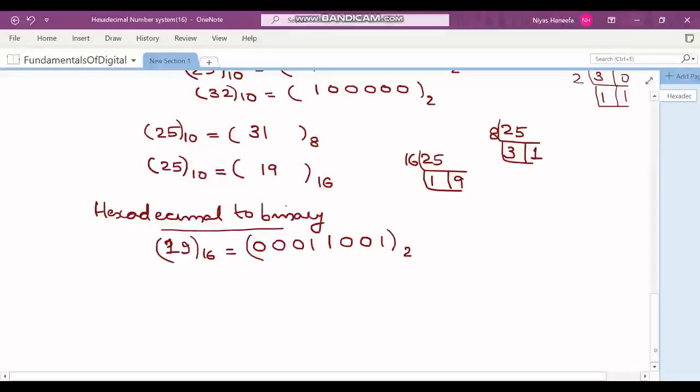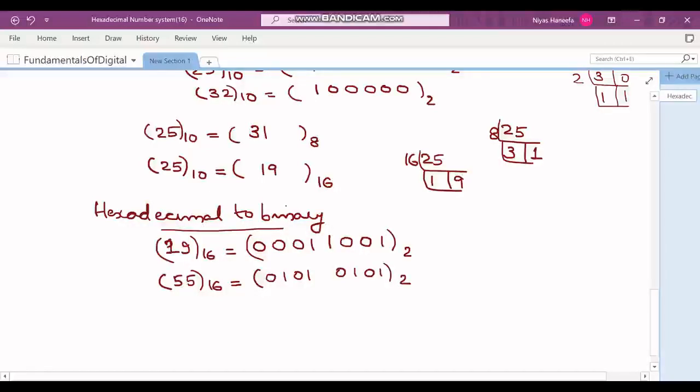You have to express each of these digits in terms of the powers of 2 and sum it up. So 1 means 2 raised 0, so the rest of the 4 bits will be 0. 9 means 2 cube plus 1. So 1 plus 2 cube. This is 2 raised 1, 2 squared, 2 cube. So that is what 19 to the base 16 is. If you have 55 to the base 16, the equivalent binary is 0101 0101.